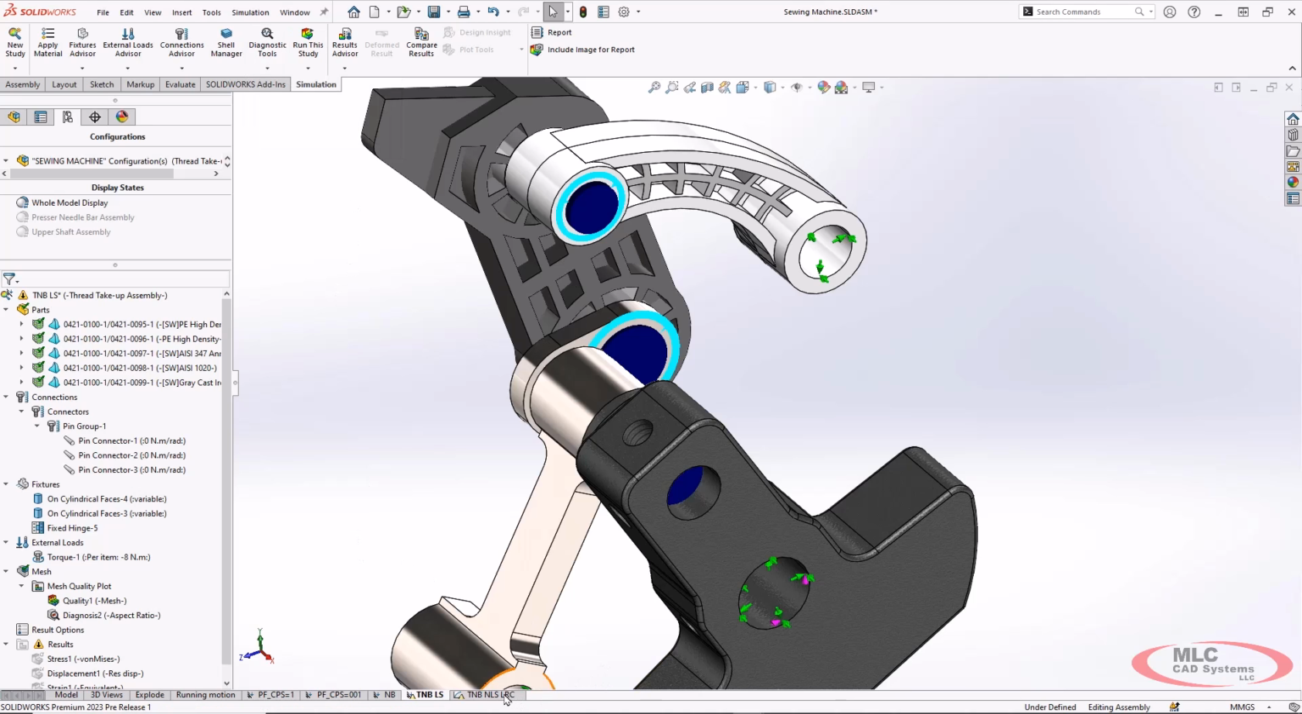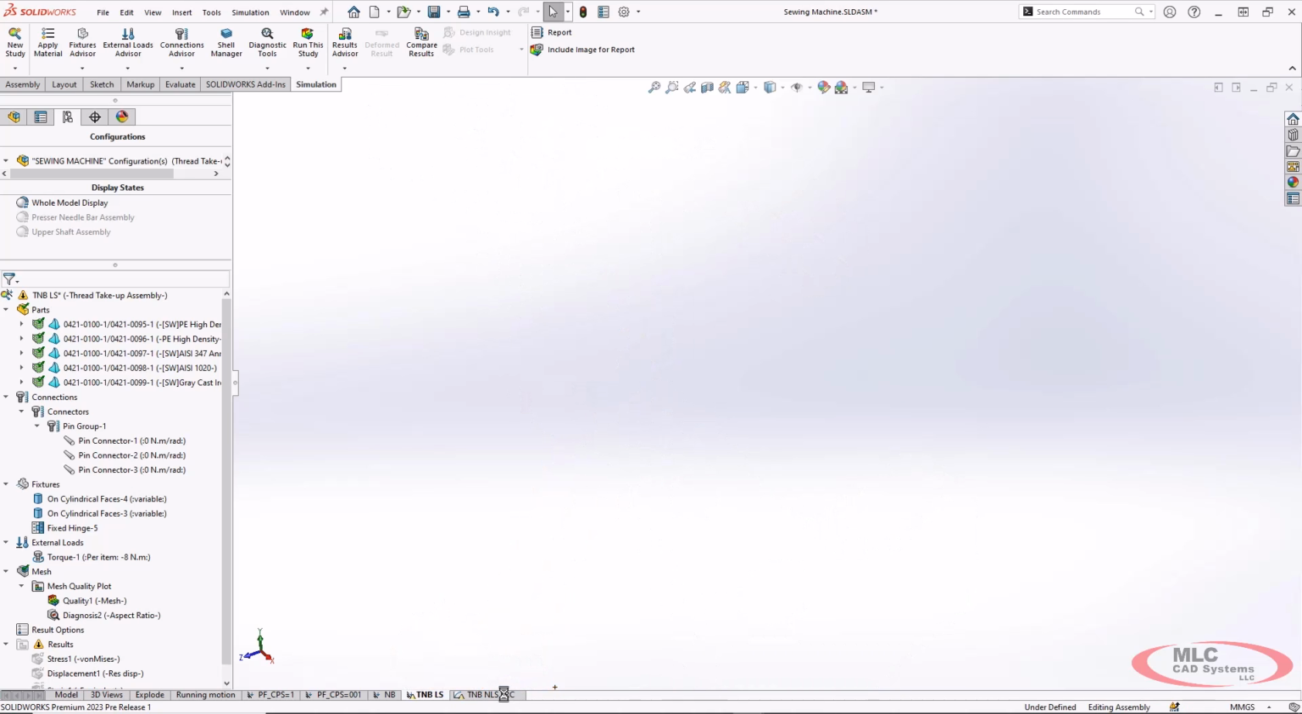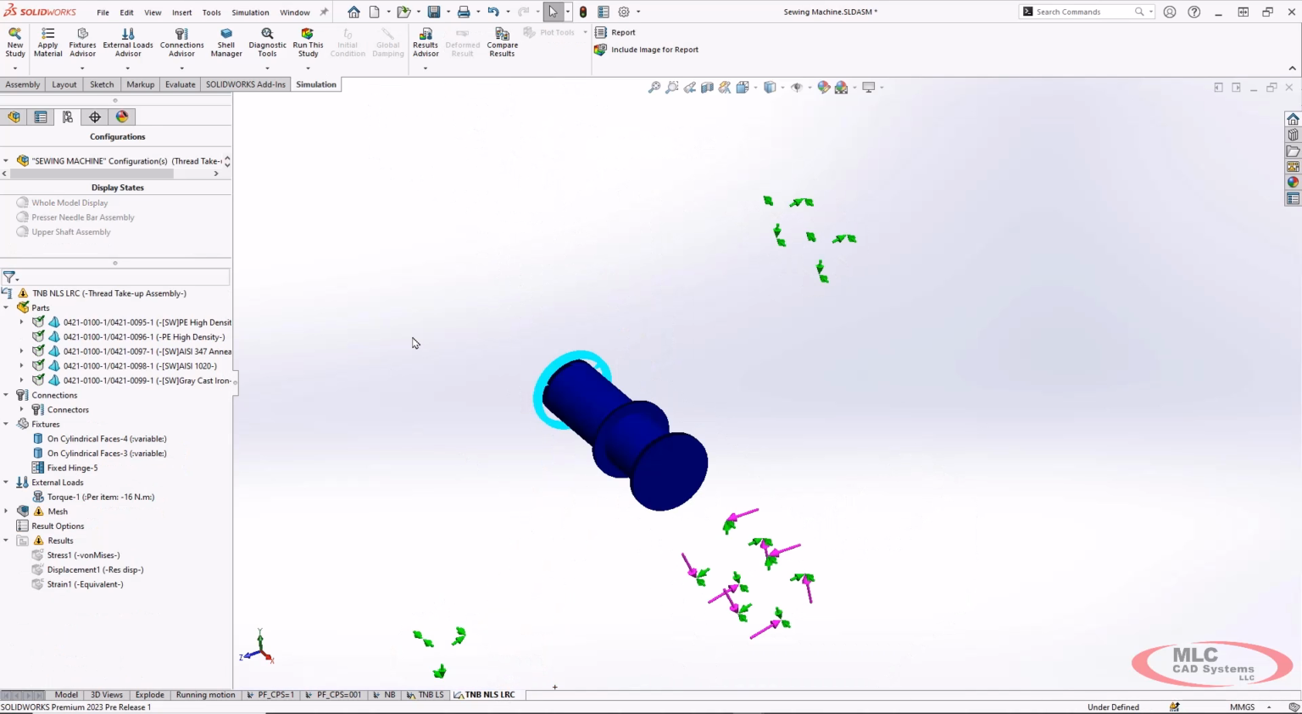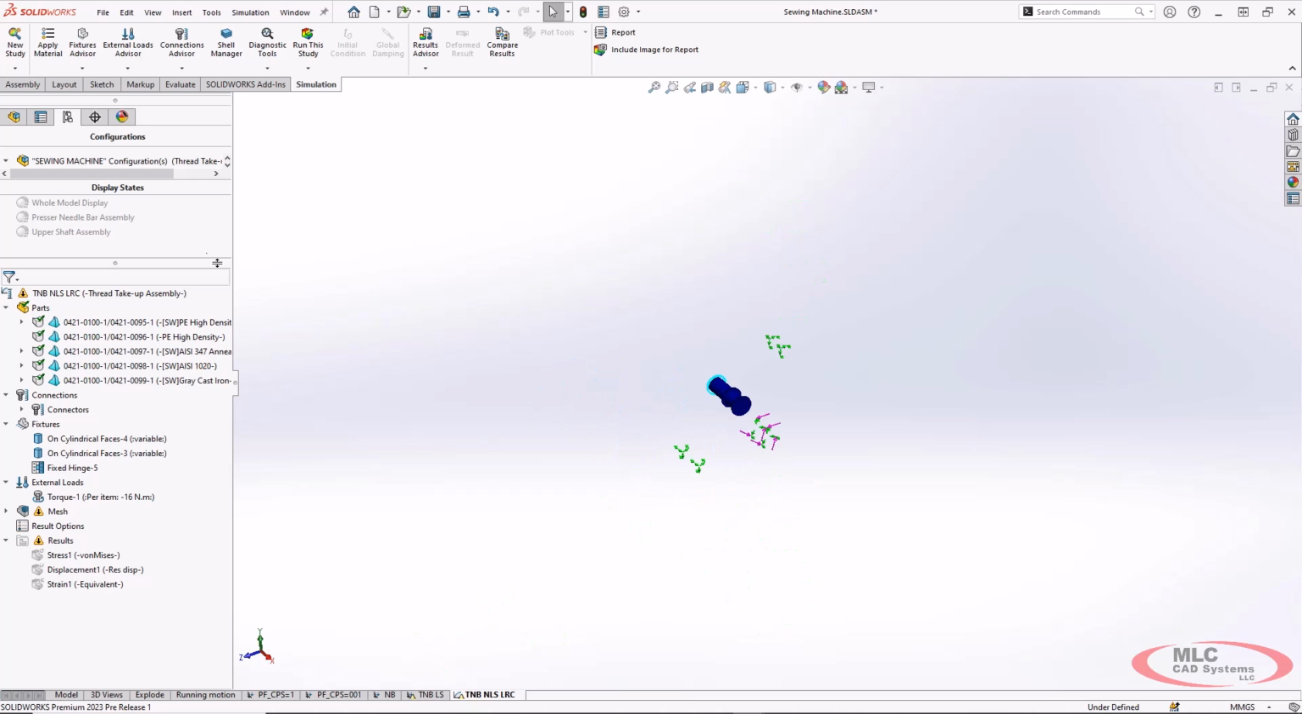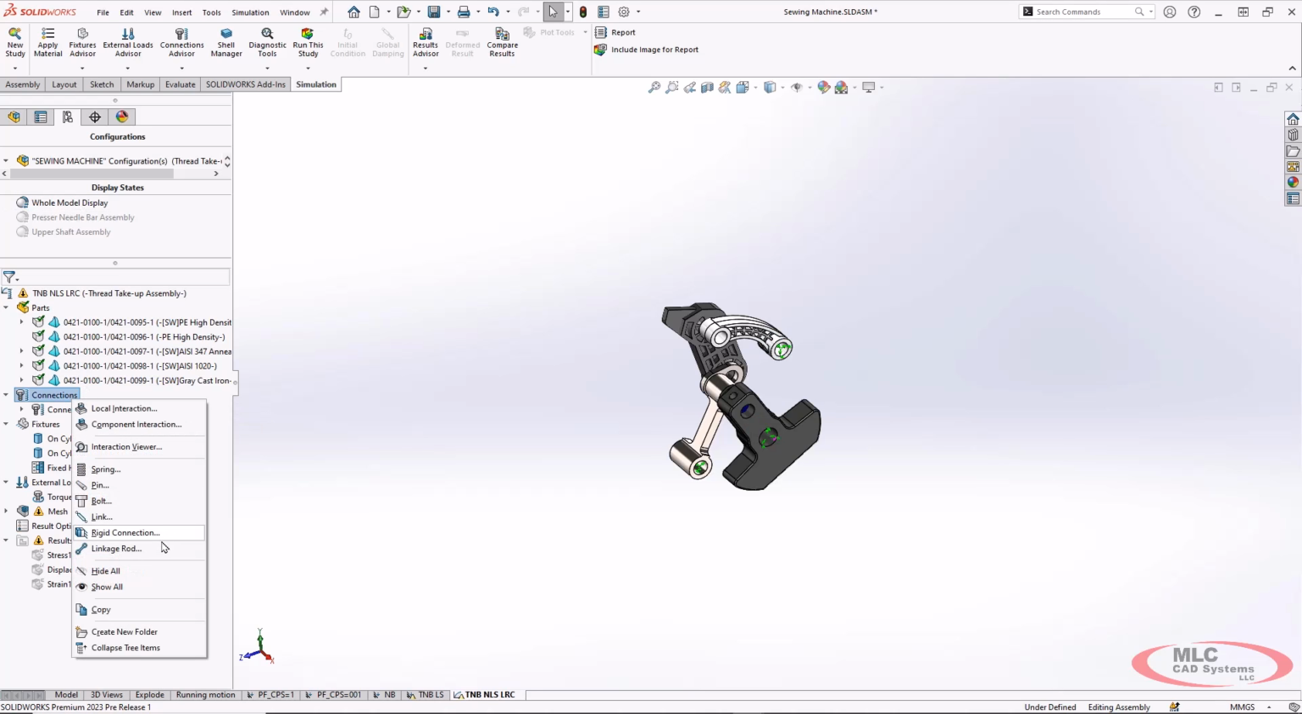Alrighty, so the last enhancement I want to talk about for SOLIDWORKS Simulation 2023 is adding virtual linkage rods to nonlinear studies. Now, last year is when they introduced your linkage rod connectors. So what it is, just as a refresher, is that you can add a virtual connector of a linkage rod